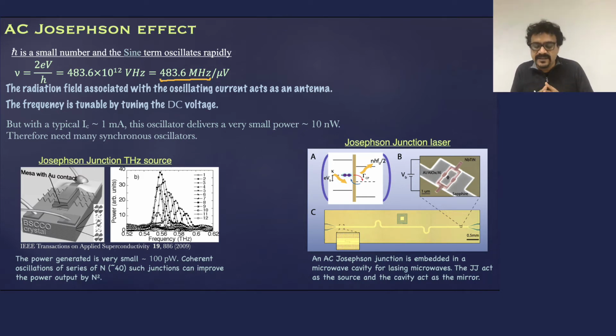So what you got here is a very, very interesting situation where you can apply very small voltage across this junction and you can get a very high frequency. And not only that, it's a linearly tunable frequency source, okay, which actually can reach even terahertz range, okay. So in this paper, what they have done is they have generated terahertz using Josephson junction. Okay, the details are given in this reference.